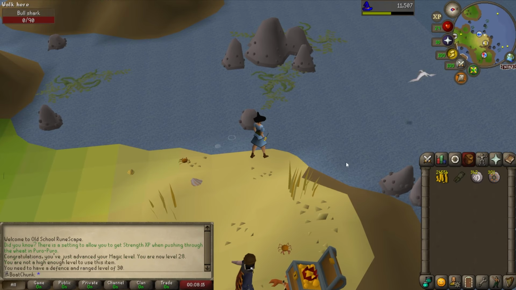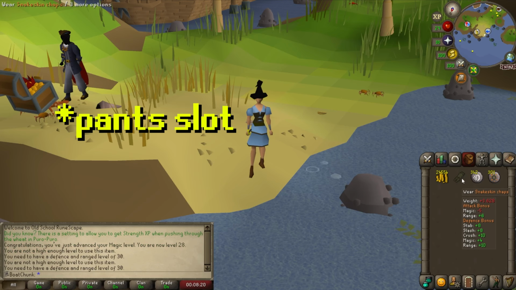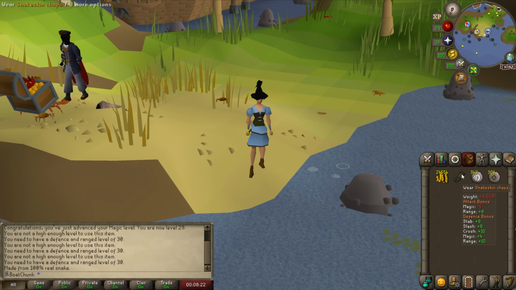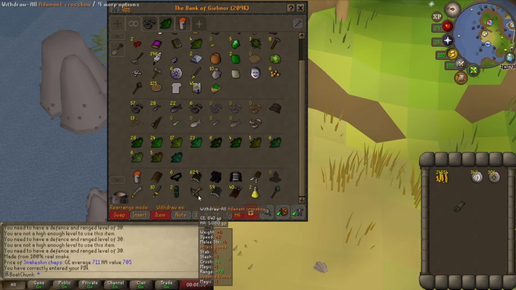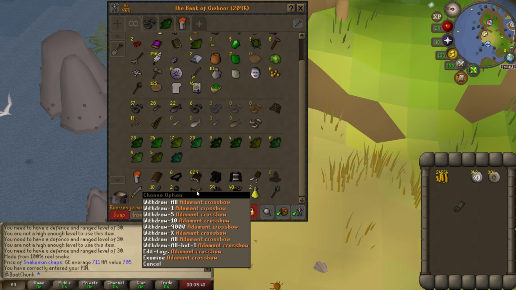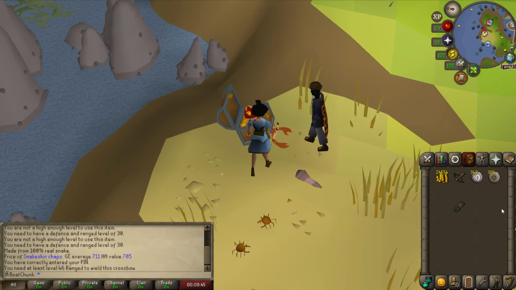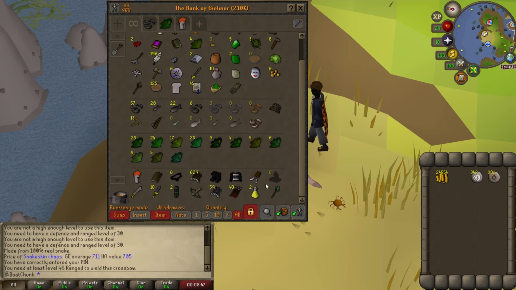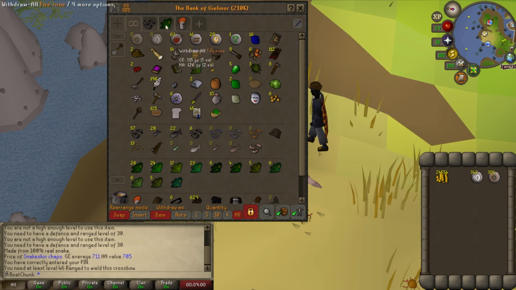Ooh, the snakeskin chaps. That is a best in slot ranged weapon. But I don't actually have a way to train ranged in my chunk. My best option is the adamant crossbow, but that will also require 46 range to wield. So I don't really have a way to train ranged until I get to 46 range. So I think we won't have to actually equip the snakeskin